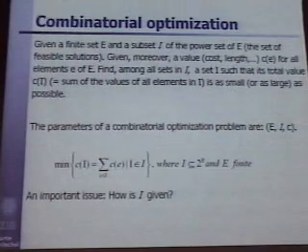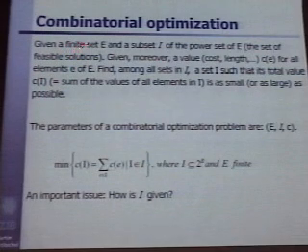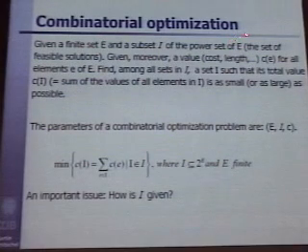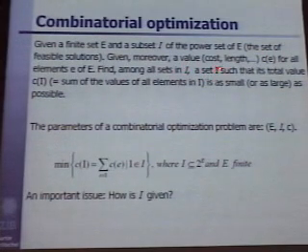So what is now combinatorial optimization? I've just formulated it in words. You have a finite set E, and you have a subset I of the power set of this finite ground set. And I is the set of feasible solutions. In addition, you have some value, cost, a length, or whatever. For each element e, you have this value c of e. And you would like to find among all feasible sets a particular set I that has a total value as small or as large as possible. And the total value is nothing but the sum of the values of all elements in the set.